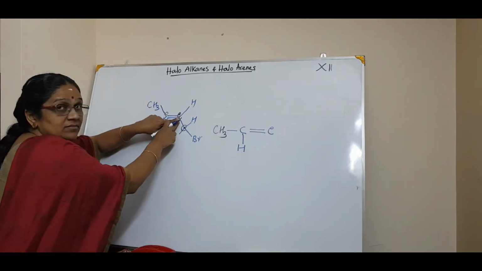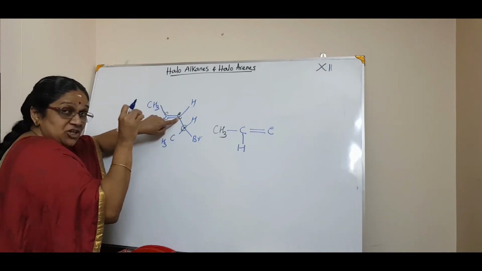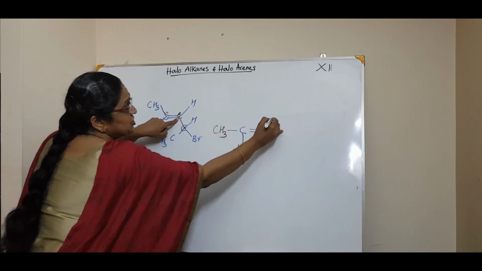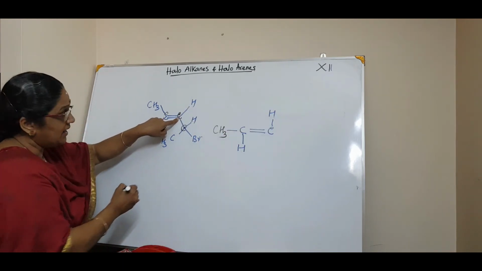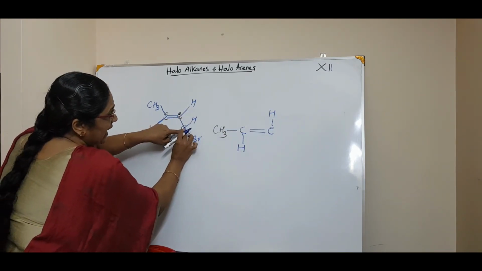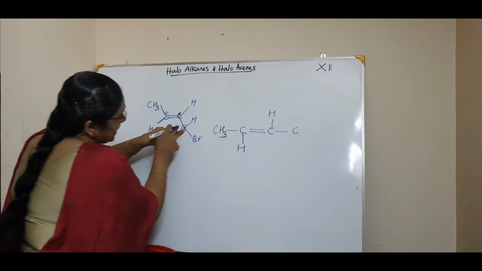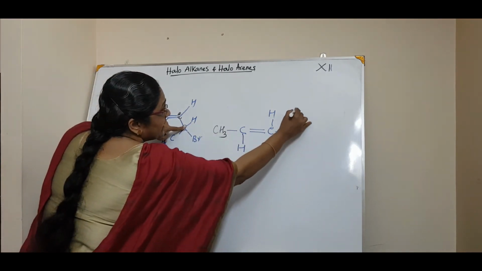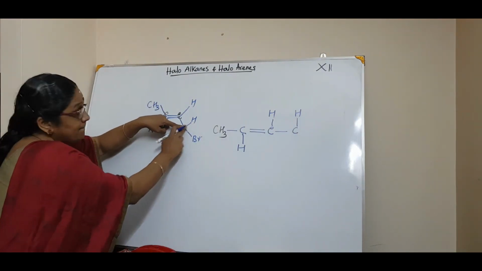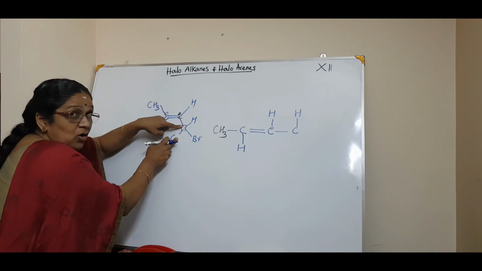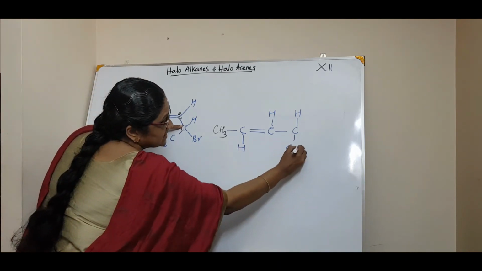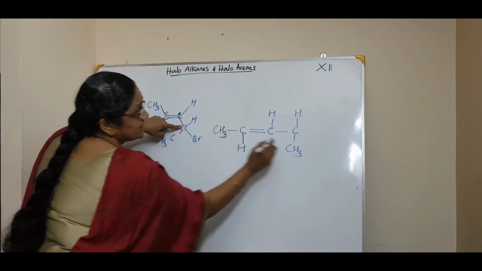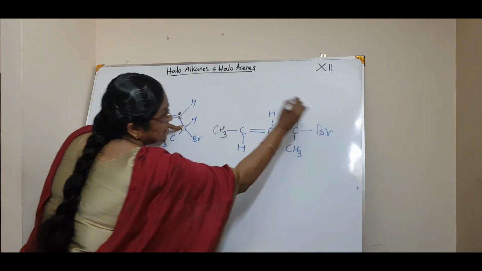This is C. You have to know that a junction is a C. Then in this C there is an H. Then again a bond with another C. Again a bond with another C. Then again there is a hydrogen. But in this C, below also there is one CH3. Below one is CH3. Then on the other side, the terminal side, there is a Br.